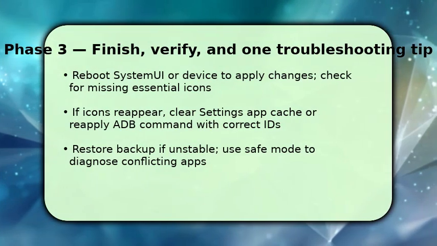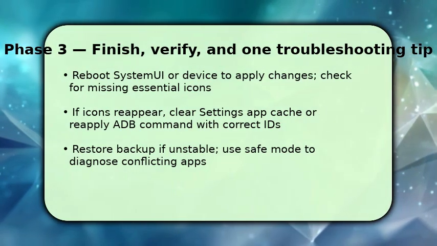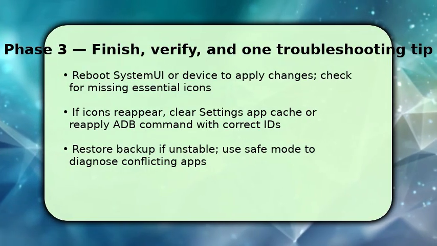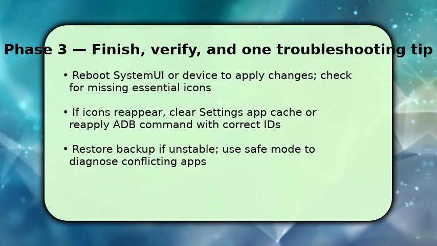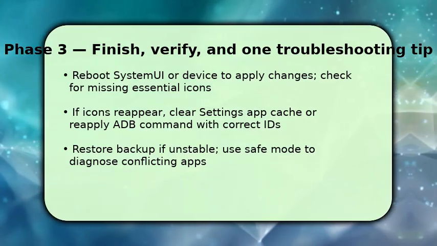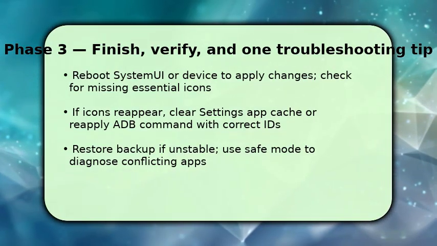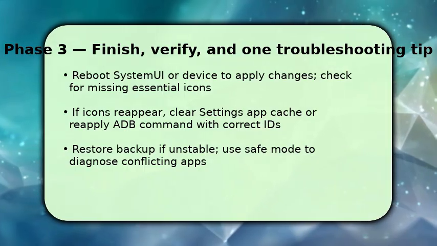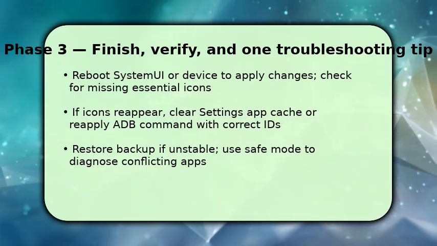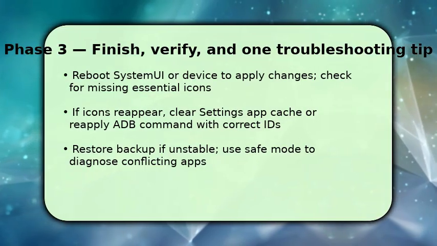Finish by restarting system UI or performing a full reboot to apply the tweaks. You should verify essential icons, like battery and signal, are still visible unless you intentionally hid them. If icons reappear after an update, reapply the ADB command with the exact ID or clear the settings cache and